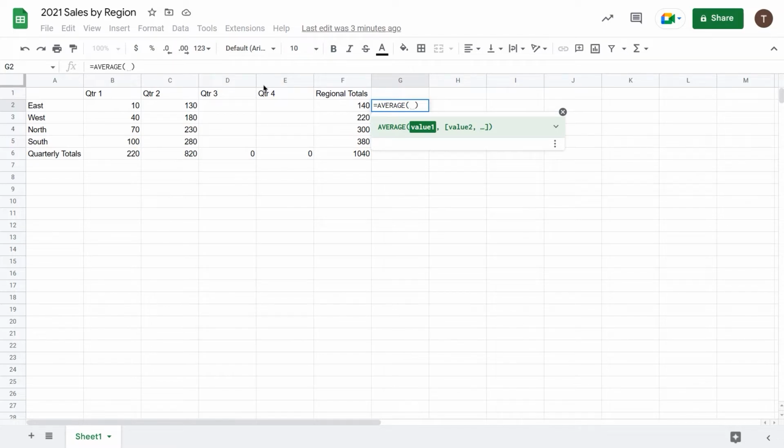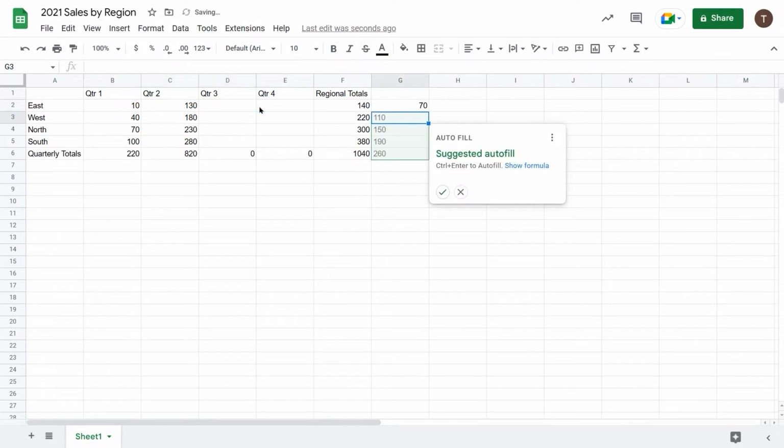So what we're going to do is click and drag B2 through E2. We don't want to get the total in there, just B2 through E2,